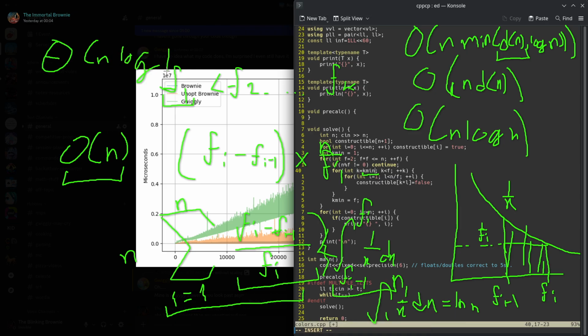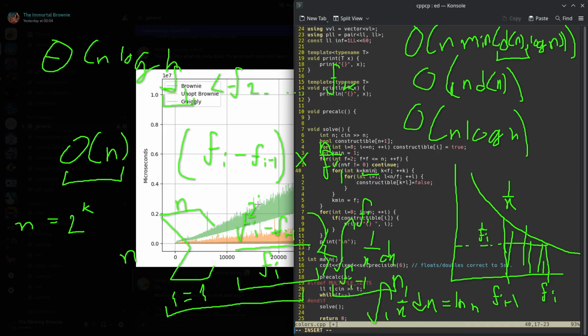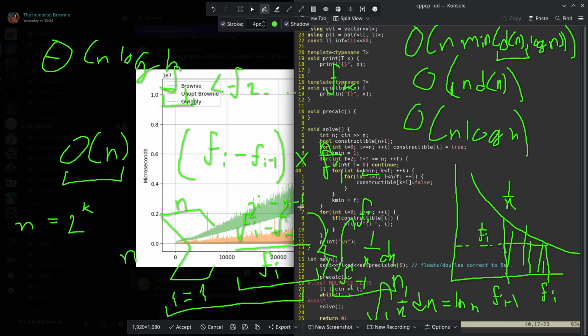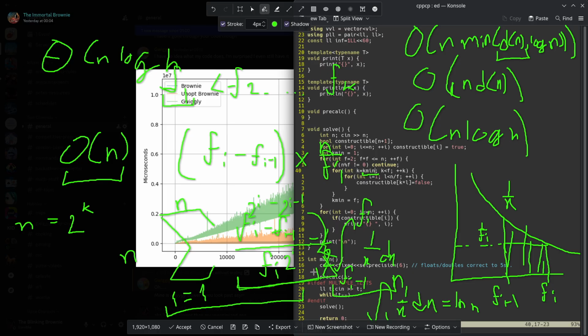Why? Because you can imagine that we have n set to some power of 2, n is some 2 to the k, in which case phi(i minus 1) by phi(i) is, you can imagine, 2 to the i minus 2 to the i minus 1 by 2 to the i, which is just half, right? So for every divisor, this contributes half,